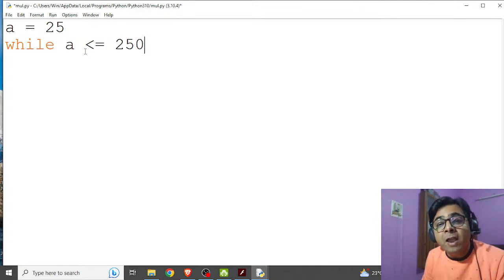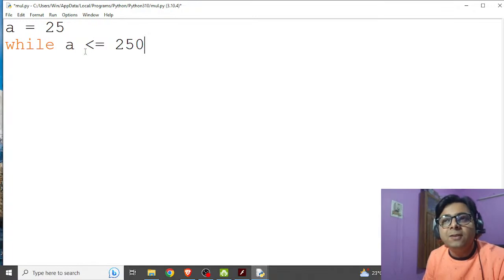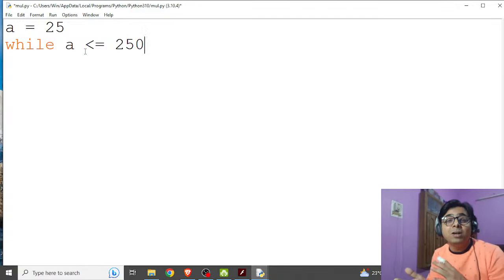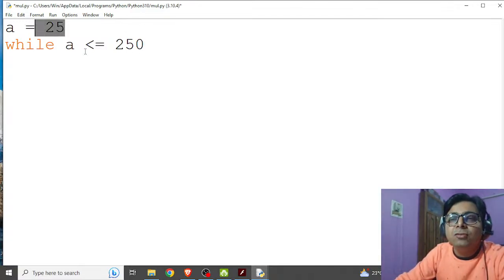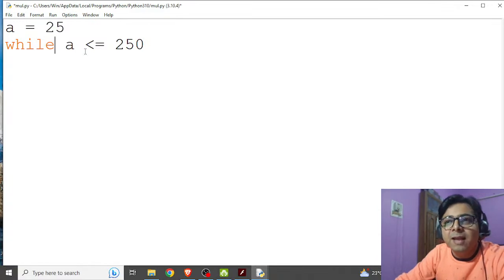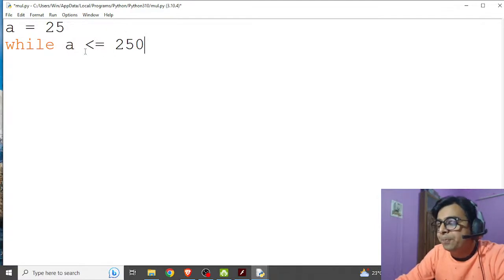So 25 tens are 250. So if it is 25 tens are 250, it means the last value we have to set is 250. That's why we have taken a is equal to 25 as the first number, and the last number should be 250. A is less than or equal to 250. Okay,